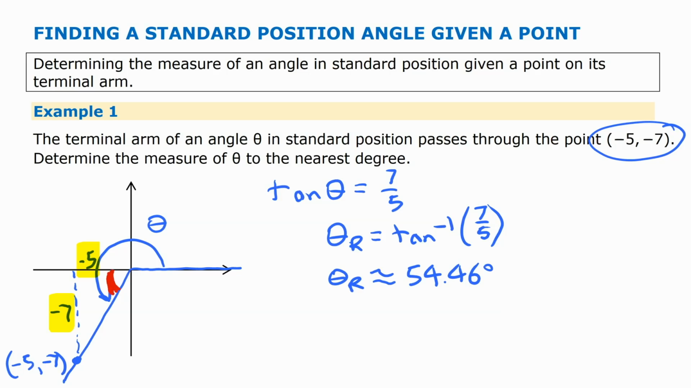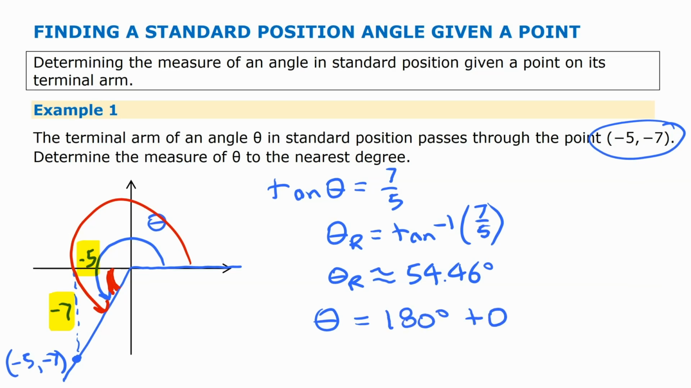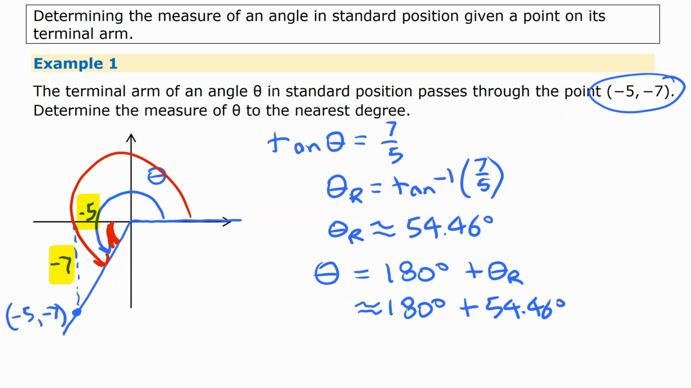And now to find our angle, we can use that. This is the angle that we just found. That's 54.46 degrees. And to find our angle, which is this, the way we're going to find it is we're going to say it's 180 plus that reference angle. So if we write down here now that theta itself is 180 plus theta reference, or in other words, 180 plus 54.46 degrees. Since that's using my rounded value, I'm going to say approximately equal to there, and that is going to give us roughly